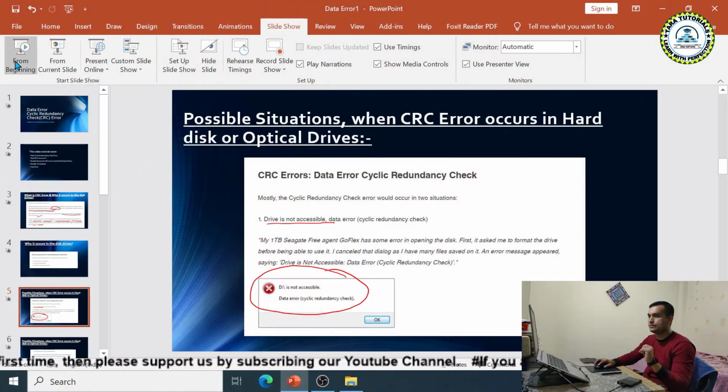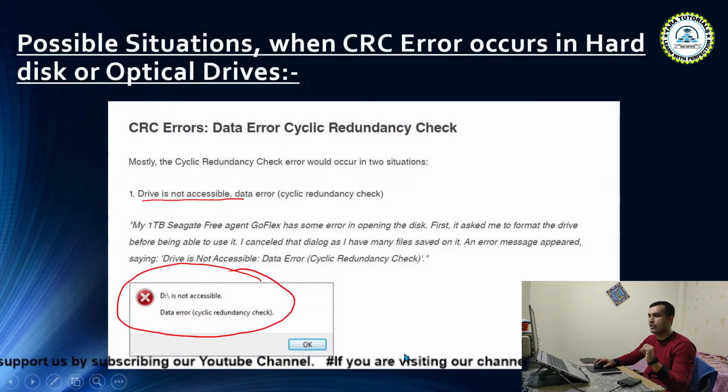In this video, I'm going to explain, if your disk is not accessible, what are the methods by which you can fix the CRC error and use the drive again. When I connect it, it is showing in the list of drives in Computer Management, Disk Management, but it is not showing in the Windows Explorer list. Okay, fine. Now going back to the slides. So this is the one thing.